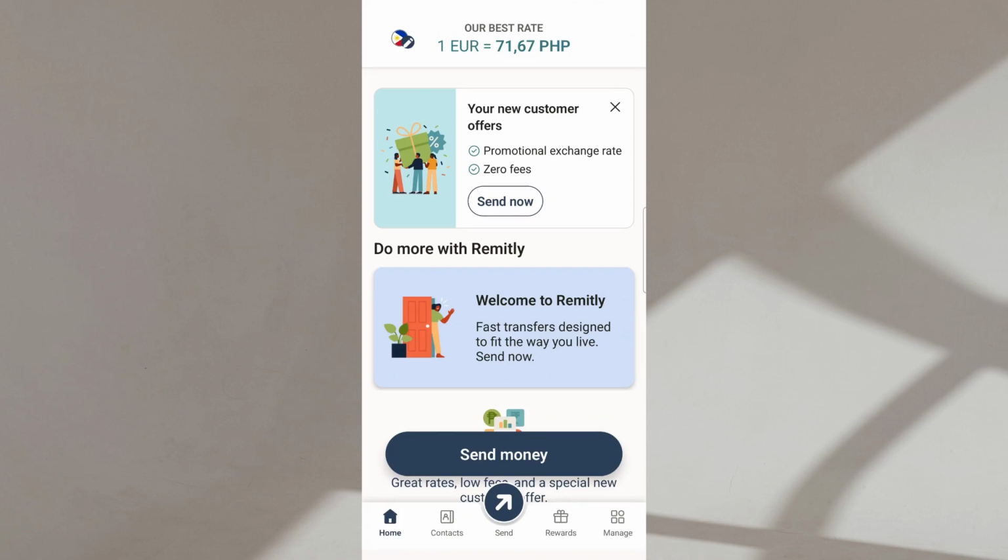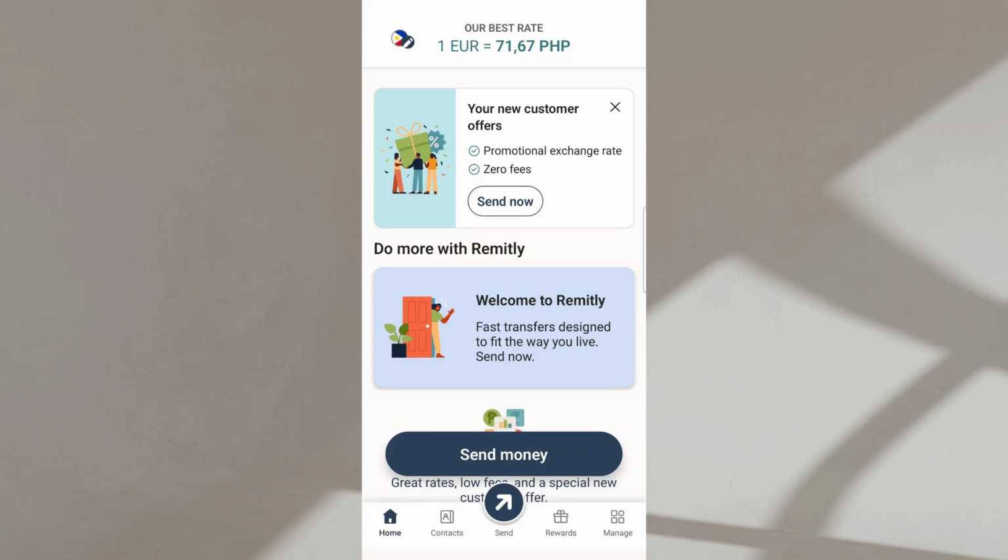is set up correctly. To begin, open your Remitly account. Make sure you're logged in and on the main screen of the app or website before moving forward. It's always a good idea to check that your account is fully accessible and that you're using the correct profile, especially if you've used different payment methods before.